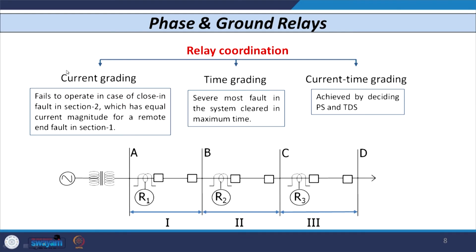So, the method which is actually used in the field for coordination of relays is based on both current and time grading, and the relays which we use in the actual field are usually IDMT overcurrent relays. All the relays are IDMT overcurrent relays, which are a combination of inverse time overcurrent relay and definite minimum time relay. So, usually when we use the current time grading method for coordination of relays, we first calculate the plug setting of all the relays and then we calculate the time dial setting of all the relays based on a certain procedure. So, let us see what are the procedures or rules for deciding the plug setting and time